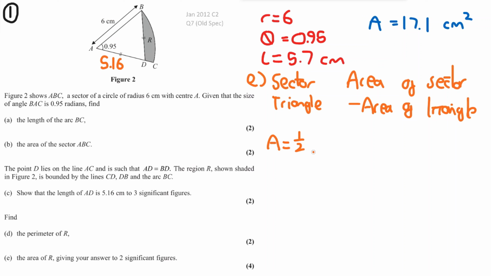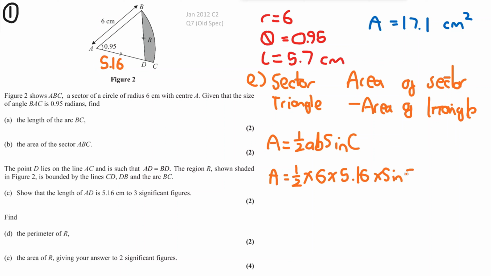Area is equal to half A, B, sin C, like this. Remember, this isn't given to you in the formula booklet, where A is equal to 6, B is equal to 5.16, and C is equal to 0.95 radians. So the area is equal to a half times 6 times 5.16, the two sides, and then the angle in between,